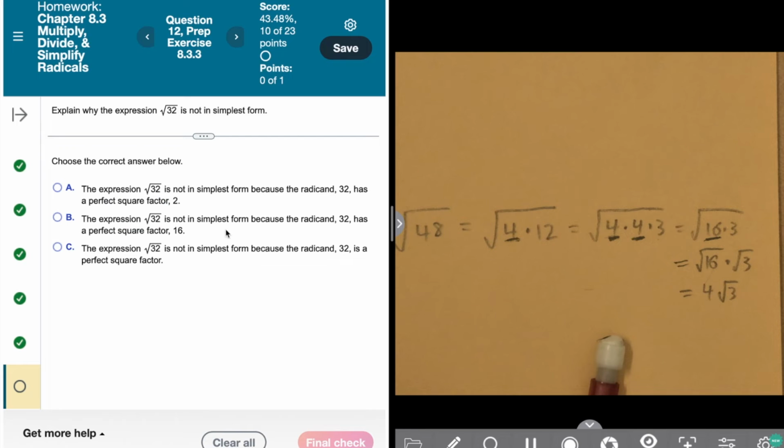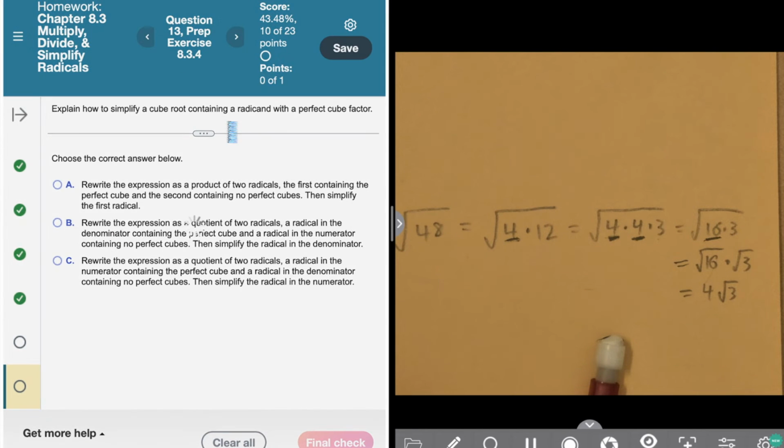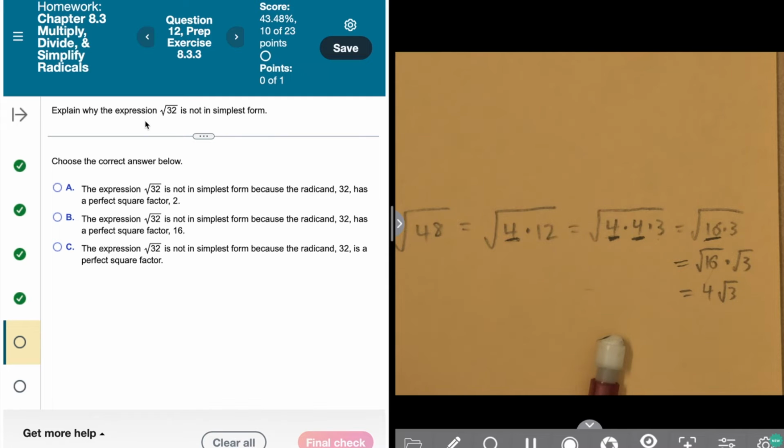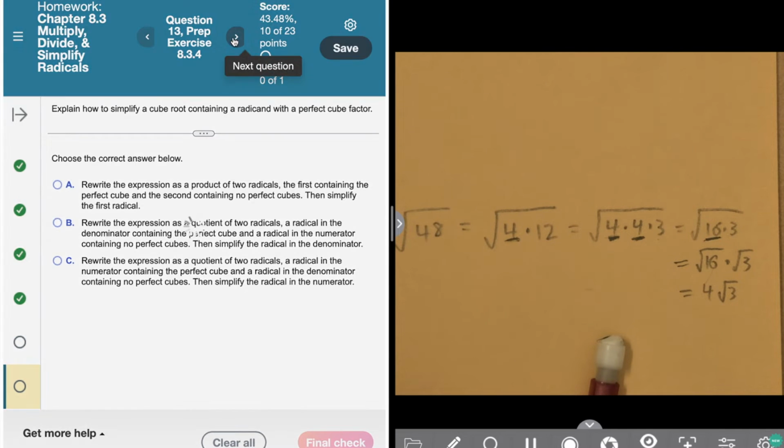And we're doing great on time. All right, and actually this prep exercise is just reminding you the same thing, that this might have a perfect square in it. All right,